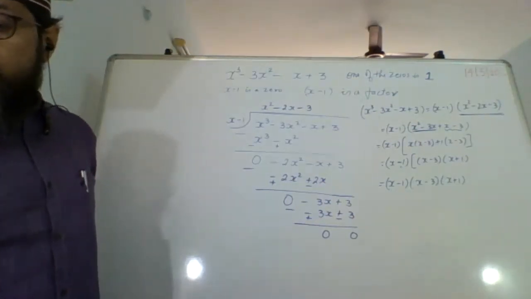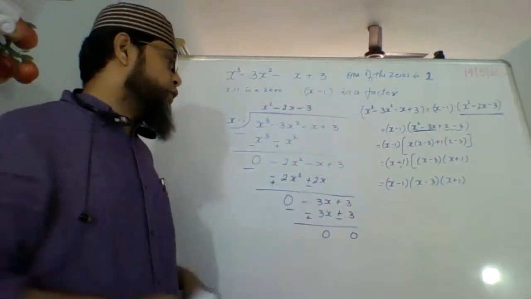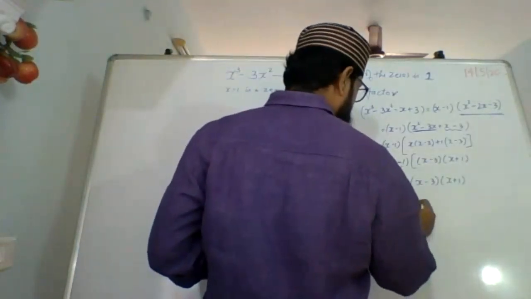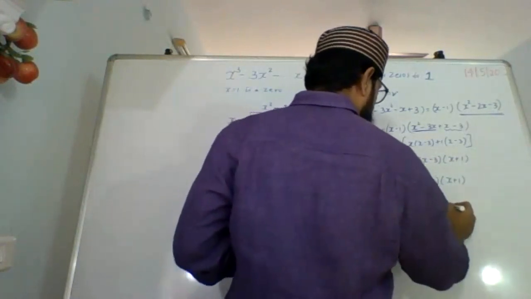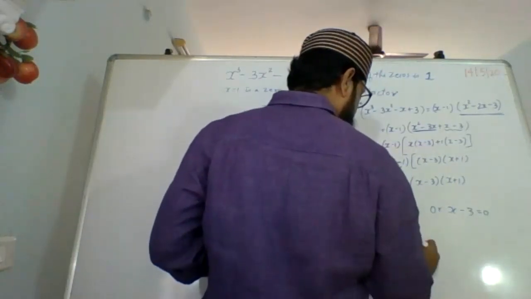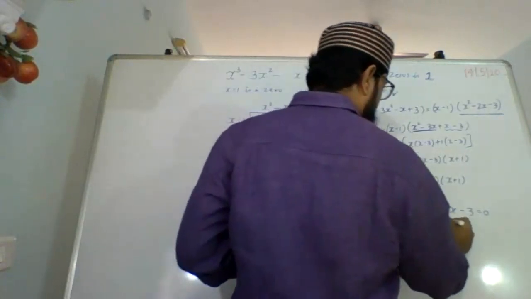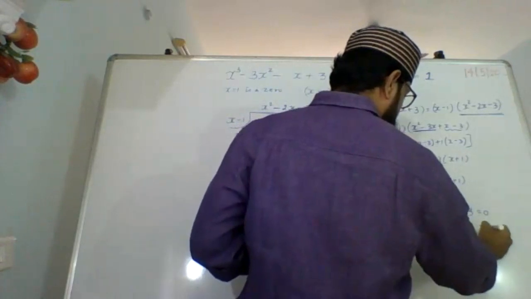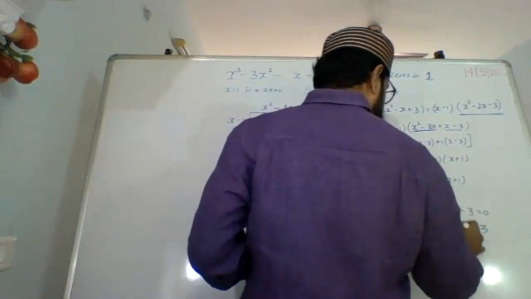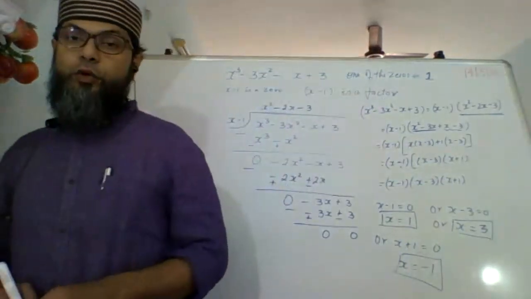So using that, we will get x equal to 1, or x equal to 3, or x equal to minus 1. If x minus 1 is equal to 0, x equals 1; or x equals, bring this minus 3, so 3; and here x equals minus 1. So these are the 3 zeros for the cubic polynomial, which we can find out even if only 1